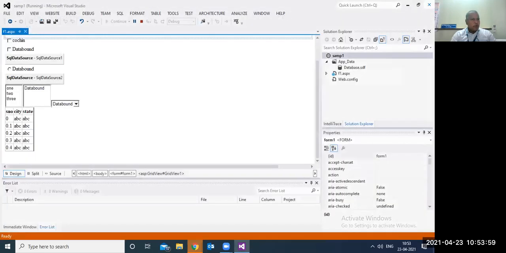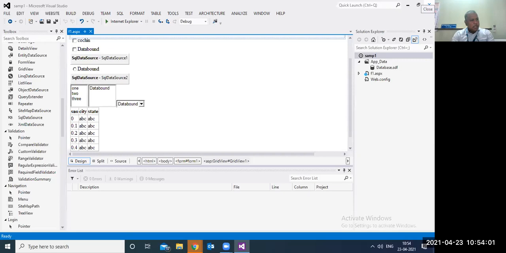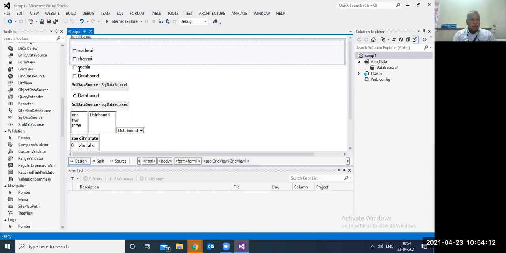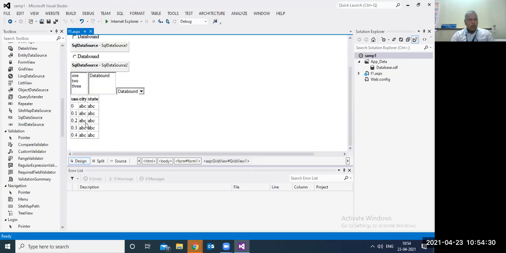Okay, so far we have seen data list web server controls, that is checkbox list, radio button list. Checkbox allows multiple selection. Radio button list allows only one selection. Then list box, it can show the list. Drop down list, when I click this one, it will show the list. That is a data grid control.